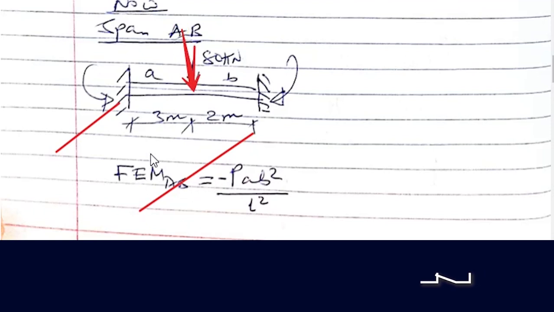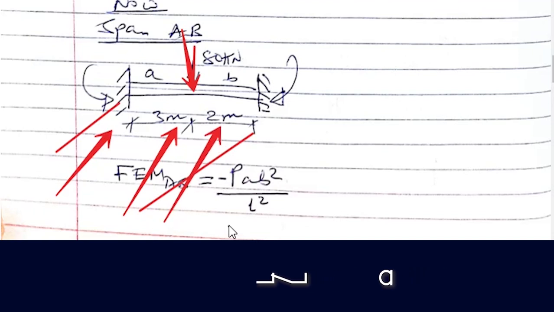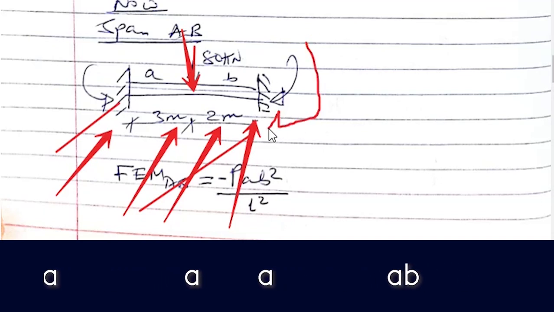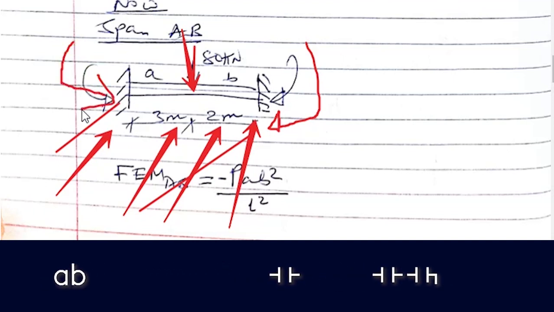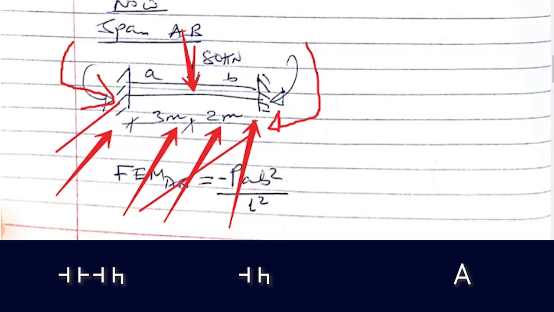From support A to the point load is about 3 meters. The same applies from the point load to support B, which is about 2.2 meters. So as you take the moment, which goes this way, and the left one which goes this way,